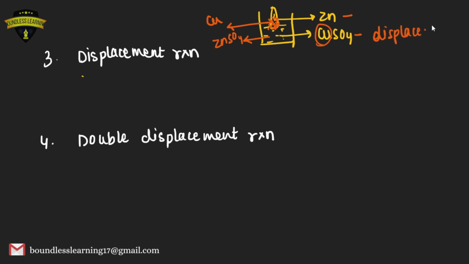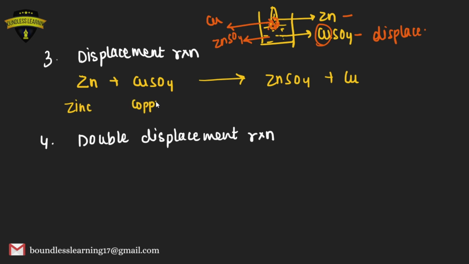Because zinc is more reactive। तो यही हम रिएक्शन ले सकते हैं, Zn plus CuSO4 gives us ZnSO4 plus Cu। This is the example of displacement reaction, जहां पे Zn क्या है, जिंक, ये है हमारा कॉपर सल्फेट,